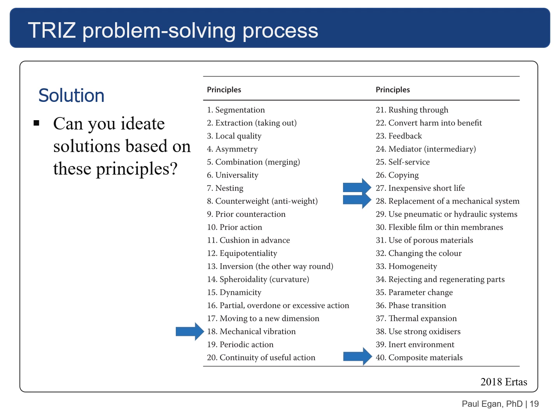And so from these 4 principles, can you ideate solutions based on these principles? So 18 is mechanical vibration, 27 is inexpensive short life, 28 is replacement of mechanical system, and 40 is composite materials. So here, 40 composite materials make sense for an airplane because you could use carbon fiber instead of steel or aluminum for parts. But also if you were flying an airplane or other system and it wasn't going to